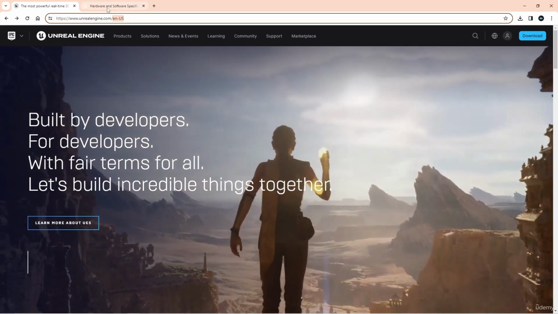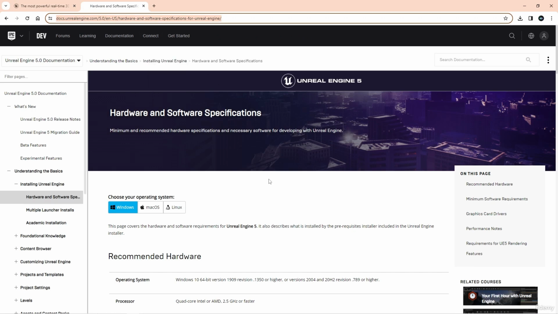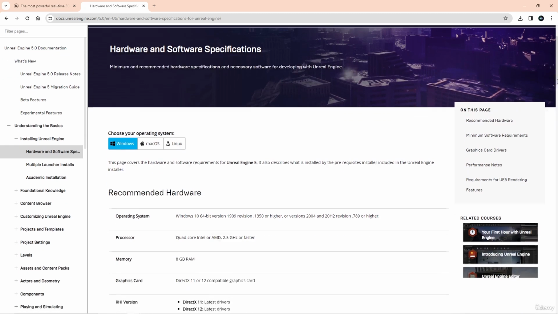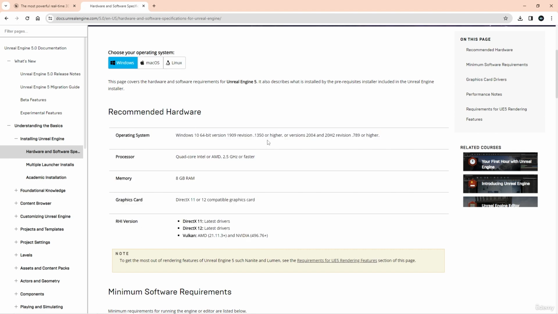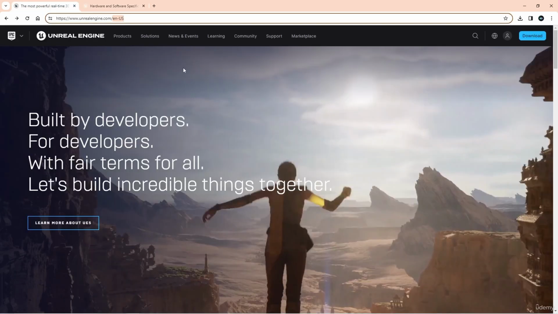But first, I'm going to bring your attention over to this documentation page. The link will be in the resources for this video. This page outlines the hardware and software specifications for Unreal Engine. Now, you'll want to make sure that your system meets the requirements for Unreal Engine, and this page outlines those requirements. So check those out, make sure that your machine can handle the engine, and then hop on over to